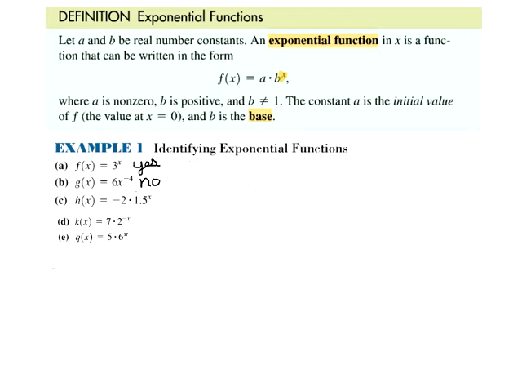What about part C? Is part C an exponential function? Yes. Good. What about part D? Yes, now the variable is negative, but I told you that's okay. The variable can take on positive, negative, fractions. As long as there's a variable in that exponent, it's okay. What about part E? Is that an exponential function? No, pi is a constant. It's not a variable. So because of that, that is not an exponential function.